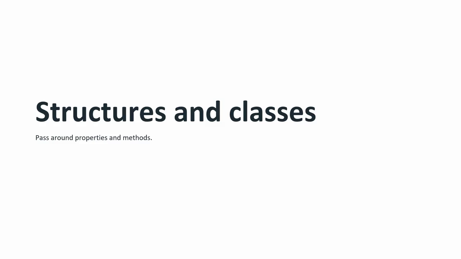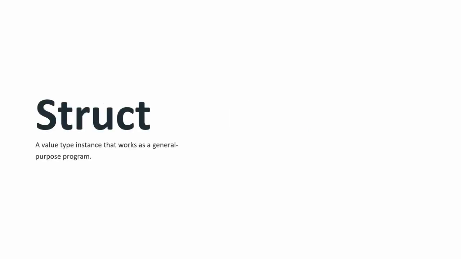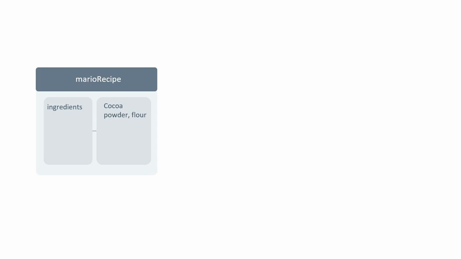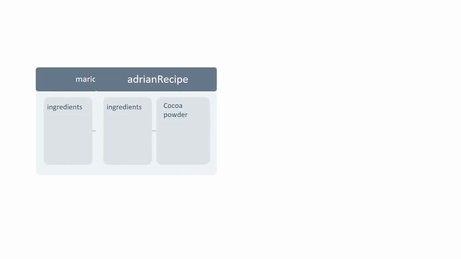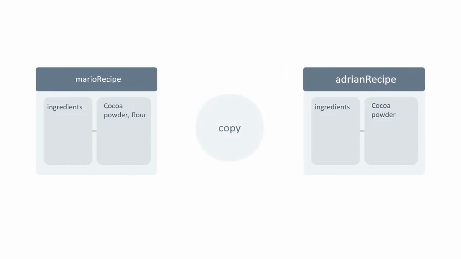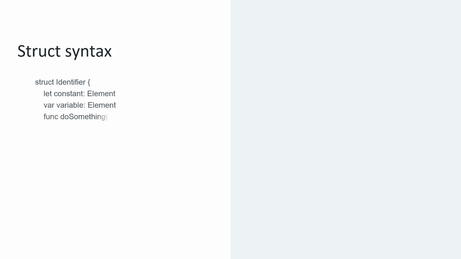you to pass around properties and methods acting as fundamental building blocks for your code. More specifically, you learned that a structure commonly referred to as a struct is a value type instance. This means a new struct instance makes a unique copy of its data. You explored the Swift syntax to create a struct and discovered how to define struct properties and methods to store